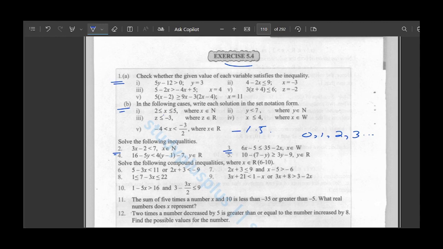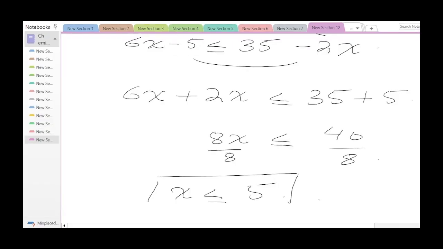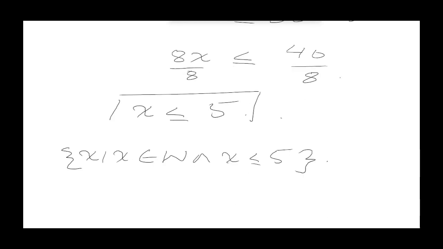Okay. Now let's try to solve question number 4. Here we have 16 minus 5y is less than 4 bracket y minus 1 minus 7 and y belongs to the set of real numbers. Real numbers include all the numbers like the integers, the positive integers and the negative integers, the irrational and the rational numbers, whole numbers and the natural numbers. So let's write the inequality first. We have 16 minus 5y that is less than 4 bracket y minus 1